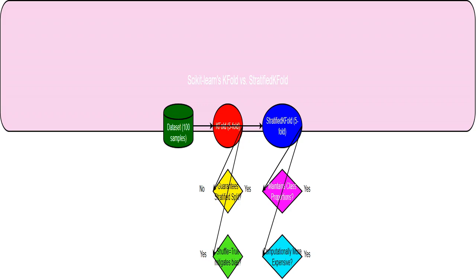I'm comparing 2 ways to split data in Scikit-learn for cross-validation: K-fold and stratified K-fold. They both divide data into groups for training and testing models, but they do it differently. Think of it like dividing a class into groups for a project. K-fold just divides them sequentially, while stratified K-fold makes sure each group has a similar mix of students with different